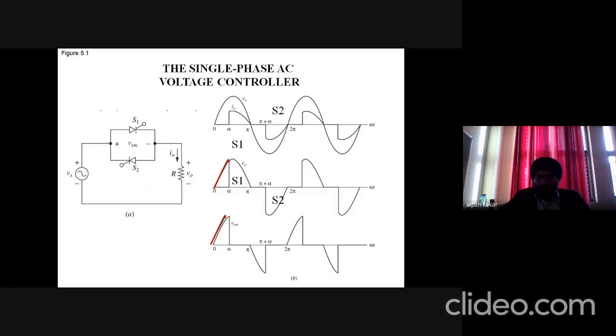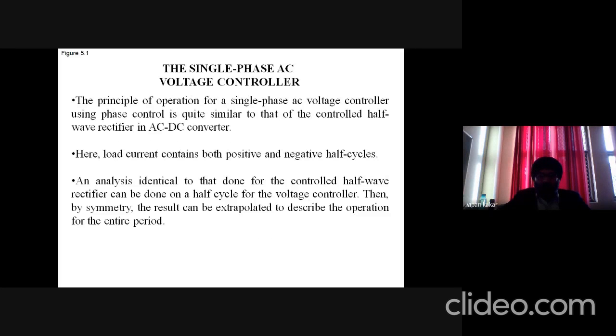So this figure 3 shows us that when this switch is off, we have a supply voltage applied across the switch itself, which is VSW. So it means the output voltage alternates after every half cycle, and the value depends exactly on the angle alpha. So based on that, we can easily say that this principle of operation is quite similar to the controlled half-wave